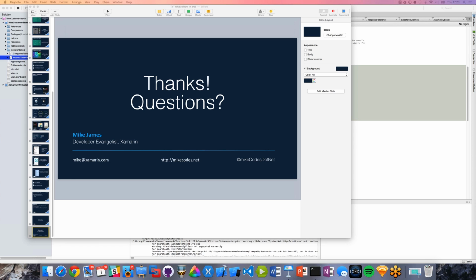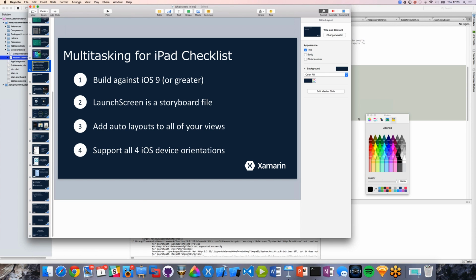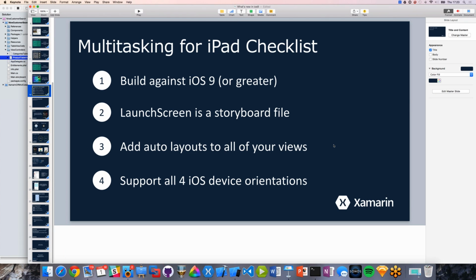Is there any way around the need for storyboards for split view functionality? So I think the person's trying to ask whether they can still do split view without storyboards, and the answer is no. Apple is very clear. If I pop back to the previous slide, this is the requirement: you have to have all four of these in order to support split view functionality